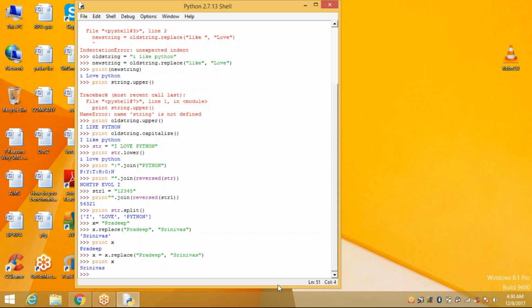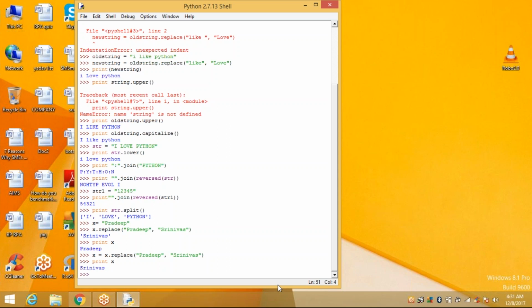In slicing, if a range is declared between the square brackets, you can apply a colon. It fetches the values from the range. Suppose you give the range 1 to 4 within the square brackets, it will display array of 1, array of 2, array of 3. The last value is omitted.